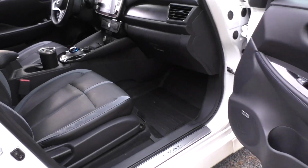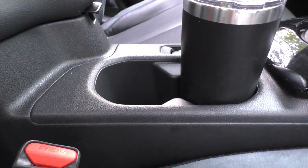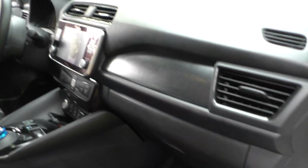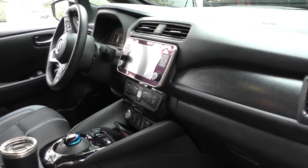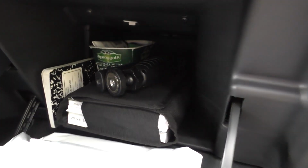Here we are on the passenger side front. Again, I got the rubber mats, cup holders in the middle, cup holders in the door. Really nice, simple interior. Nothing super fancy, just a good, decent car. Has a very, very spacious glove box. It goes back in there quite a ways. I've got the owner's manual stashed in there, and